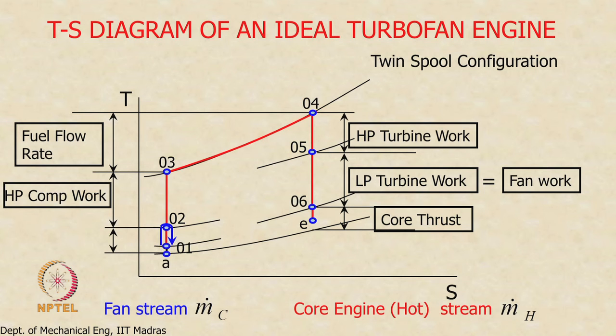Do you understand that point? Because increasing this pressure ratio reduces the amount of work that the HP compressor has to do, which means this will go up. That is fixed. We have fixed the turbine entry temperature. That means this will go up. So, the increased fan work is being accommodated by this moving up, and this we do not know how much this will move. Perhaps it may not move at all, or if this increase is too much, then this may begin to move downwards. That is possible, right.